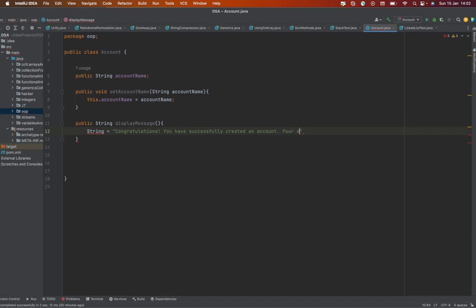Your account name is... I'll just concatenate the account name. Good. So what I would do is, since I specify that the return value here is a string,